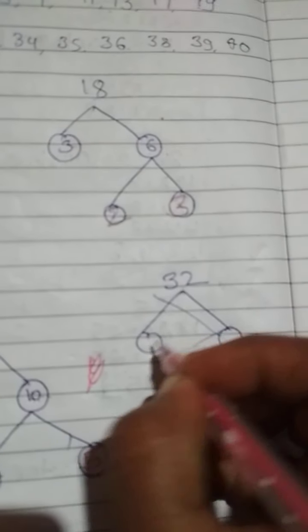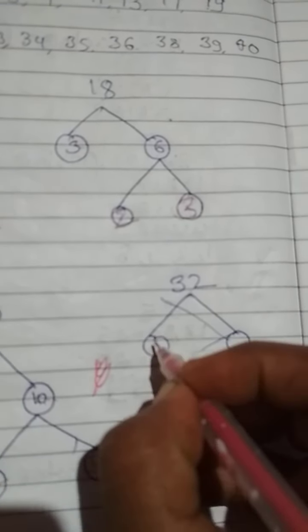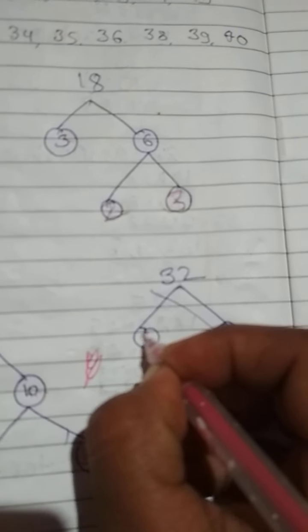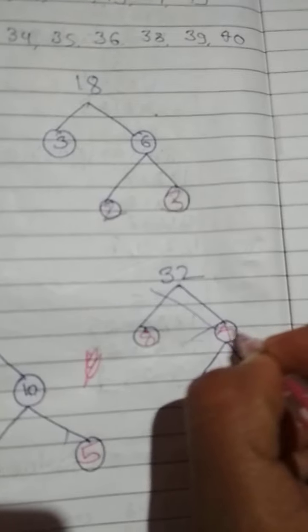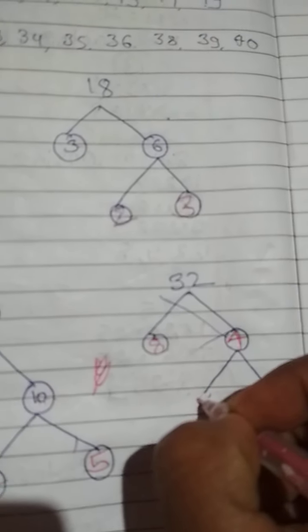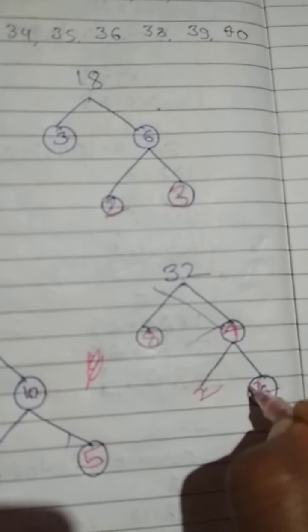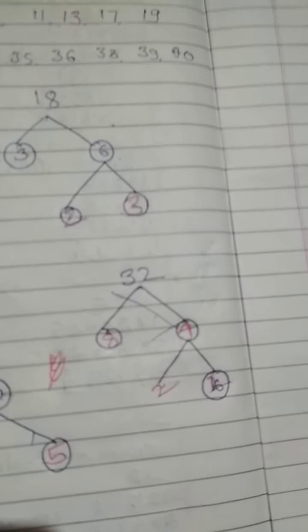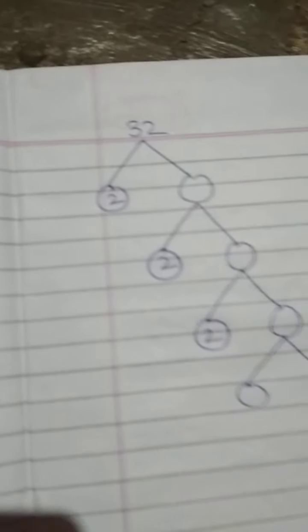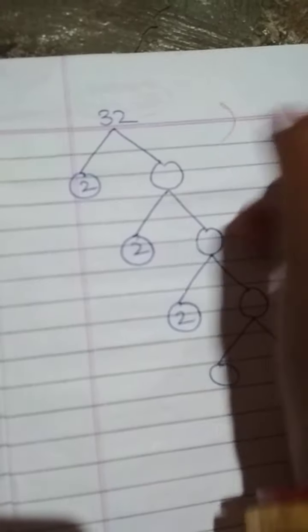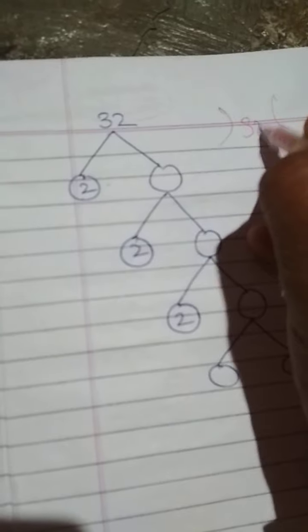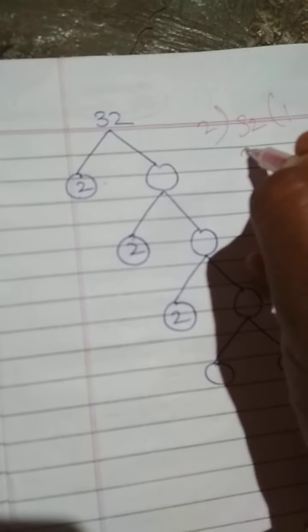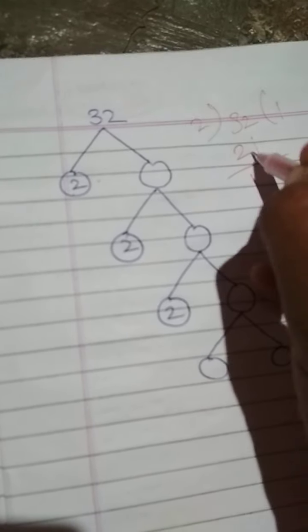8 4s are 32 is also coming. Yes, no? 8 4s are 32 is also coming. You write here 8 4s are 32, and here 2 2s are 4. Again here 32, students. Here 2 is there. You write here 32, and 2 here. 2 1s are 2, 3 minus 2 is 1, and this 2 is as it is.